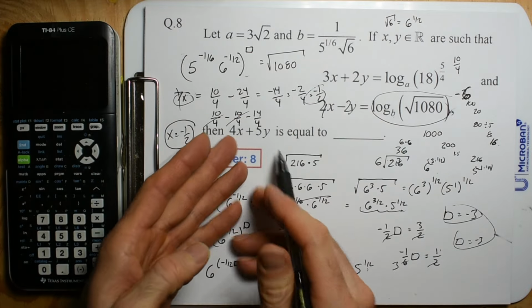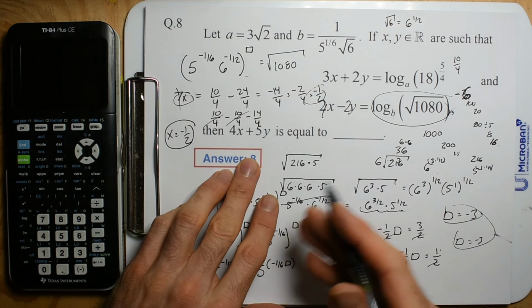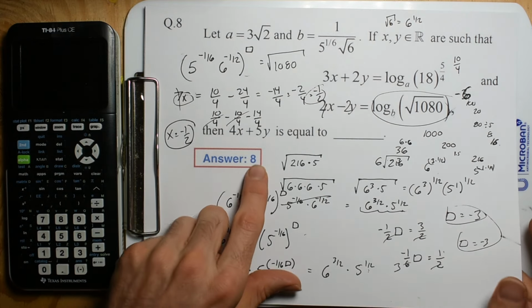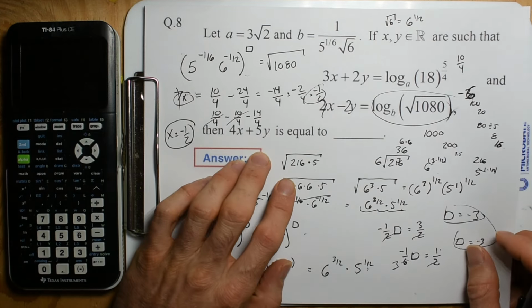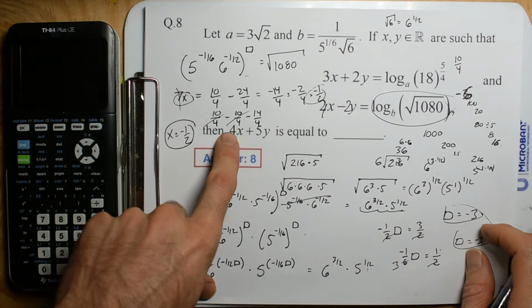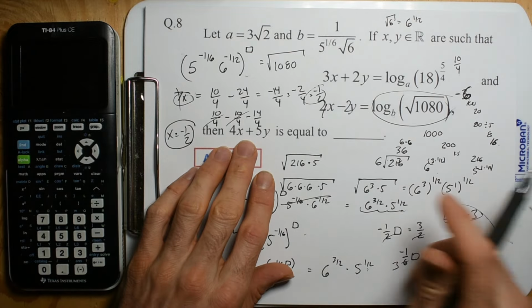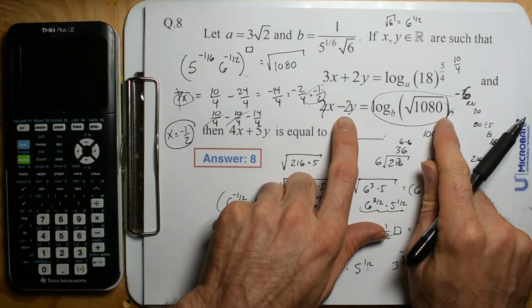I would have got the wrong answer, and probably no one would have given me partial credit on this. I don't think you get partial credit. I have no idea. No, you probably do. Okay, so we got x, and now it's simple to choose one of these equations